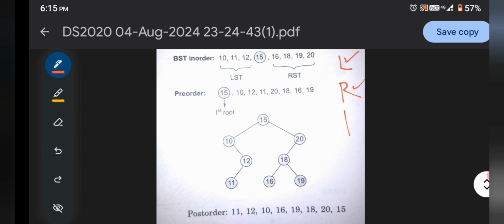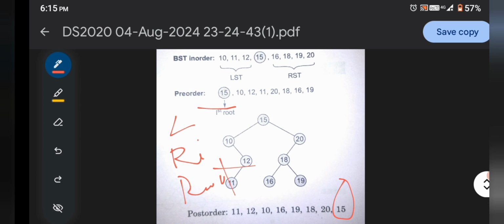In the case of the pre-order, 15 is first, but in the case of the post order 15 will be last, okay. So based on that strategy, left, right and root.